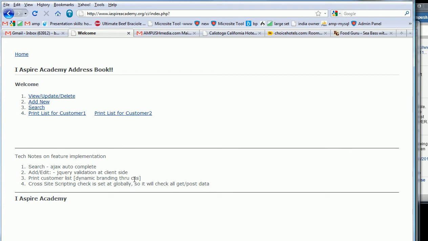So dynamic branding through CSS. What that means is that if you develop a website and you co-brand it for different customers, meaning every customer has their own look and feel, their own CSS, how can you manipulate the CSS depending on the URL? And then there is some security feature like a cross-site scripting check, meaning